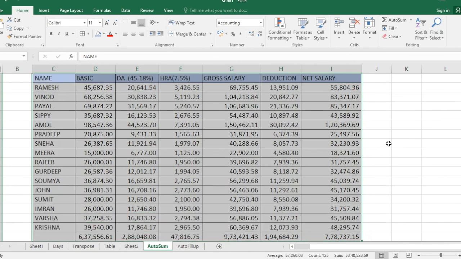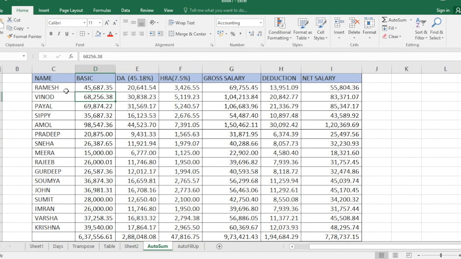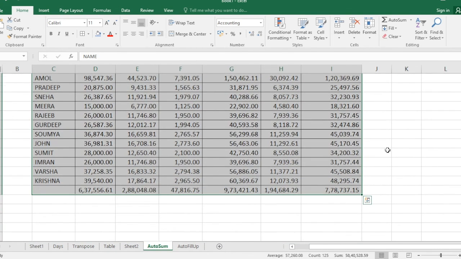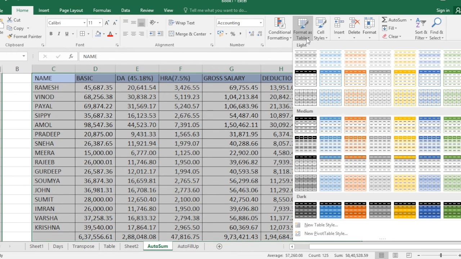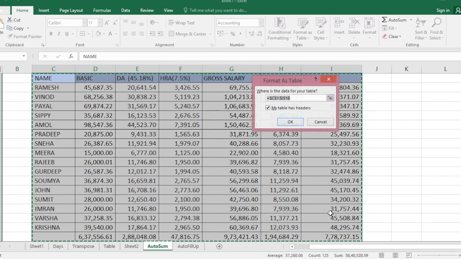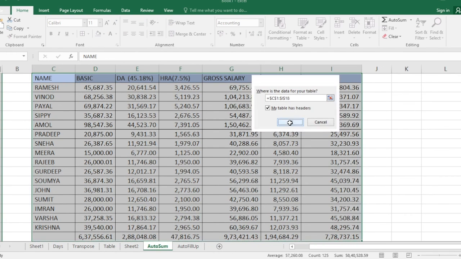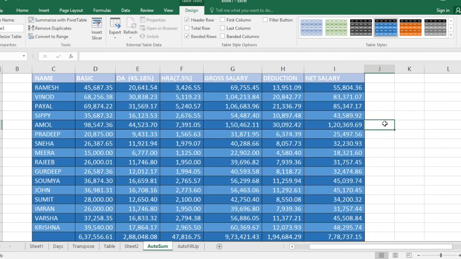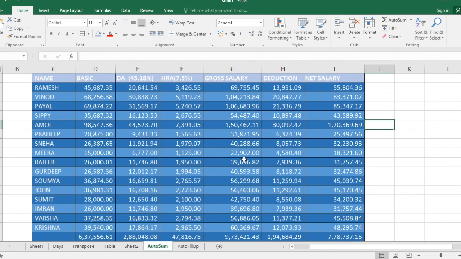This way also I can do. Or else, if you are not satisfied with this, you can select the entire table range and format as a table. Any type of format you want, you can do it as format as a table. And here you can remove the filter button or put the filter button as you wish. See how beautifully Excel has designed this table.